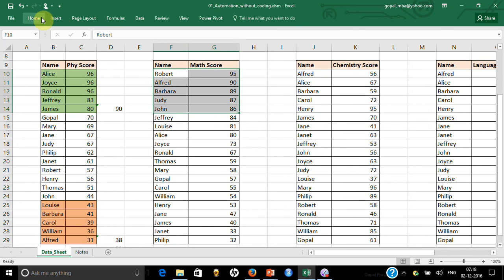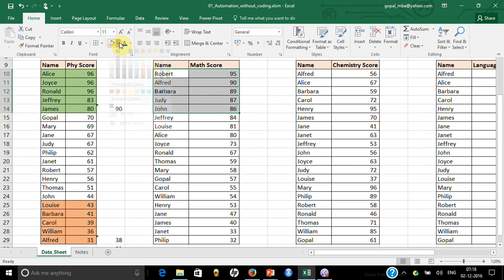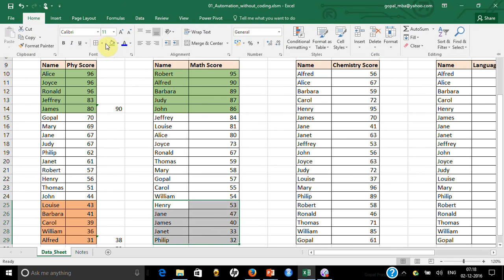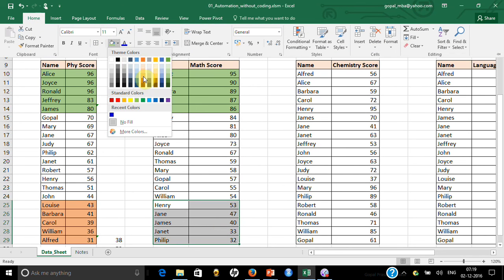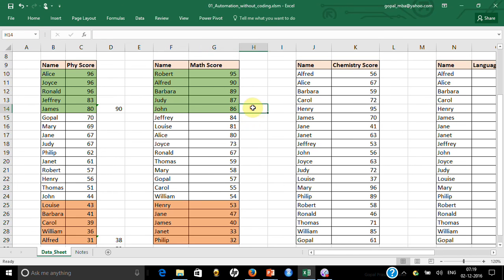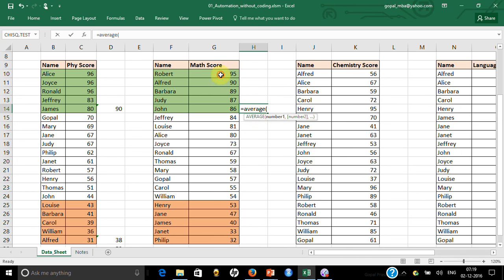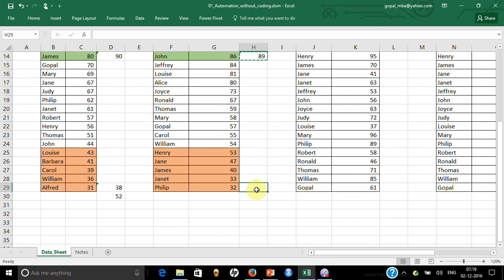Now what you need to do is highlight this area in green. So let me highlight this. Let me do the bottom 5 and highlight this in orange. And now we need to take out the average. I can now copy and paste this here, and now I can calculate the difference, which will be this minus